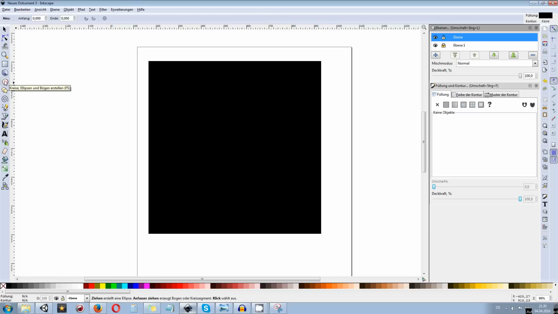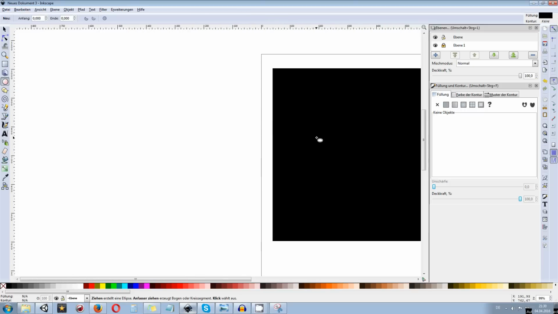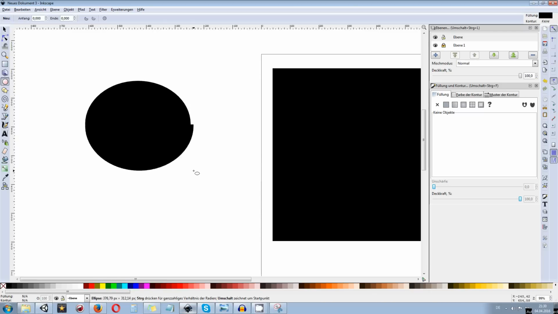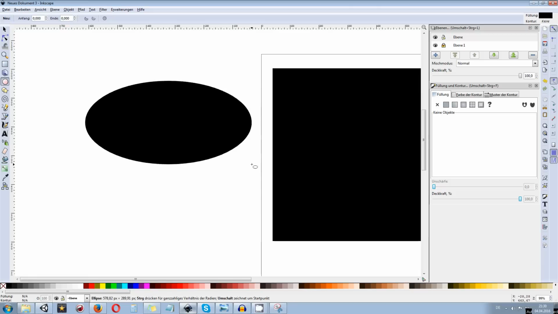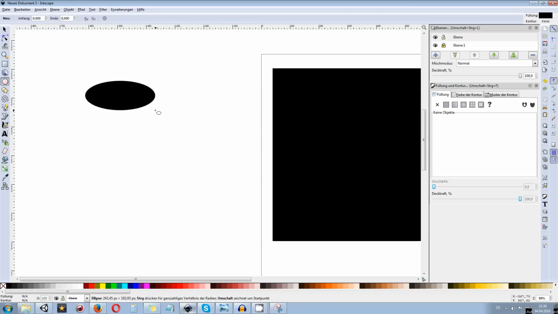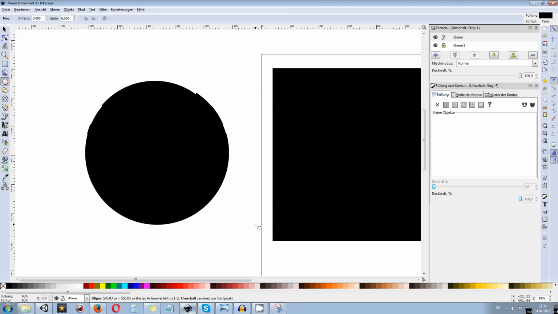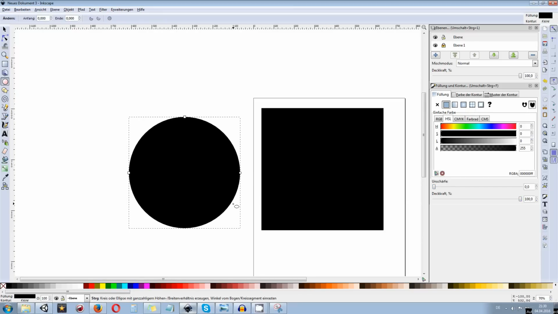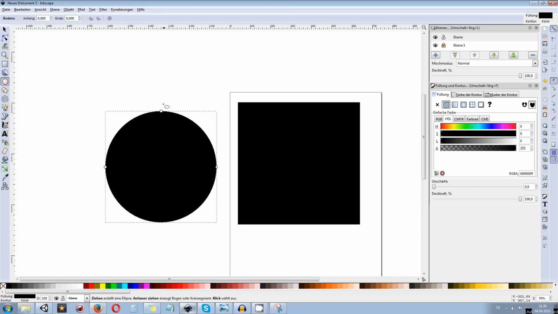Now we are going to create a circle, and you might not see it on the black background, so we create it on the left or on the right, wherever you want. I want to drag this one out, but as you can see, it is an ellipsoid and not a real circle. So I hold down the Control key on Windows and drag at a 45-degree angle, and now I can create a circle which is 100% in all dimensions and has the same radius.